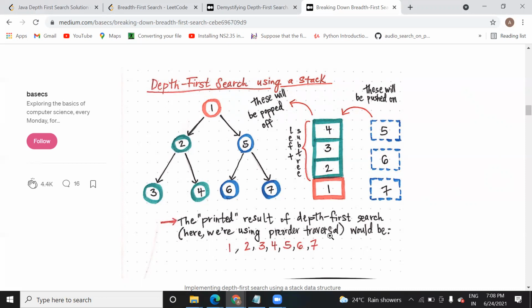So what is pre-order traversal? Pre-order traversal means first you consider the node. It usually follows NLR. NLR means first you consider the node, then the left, and then the right. It means I want the data to be arranged in the form of pre-order. So what is the node? 1. What is left? 2.